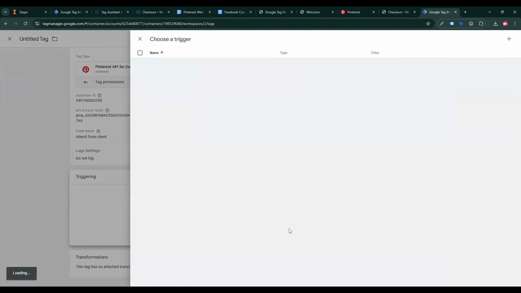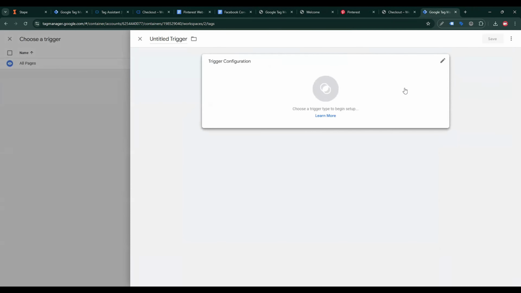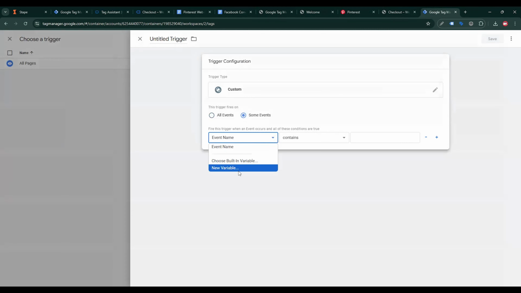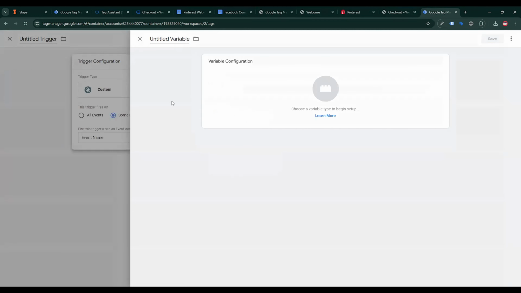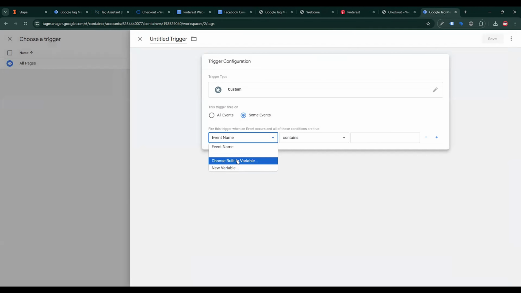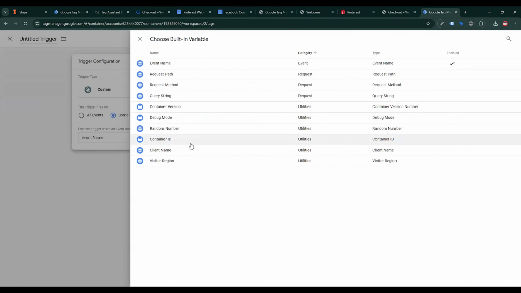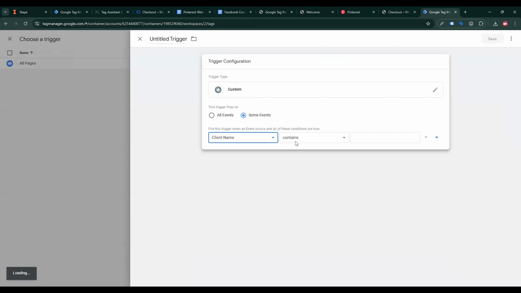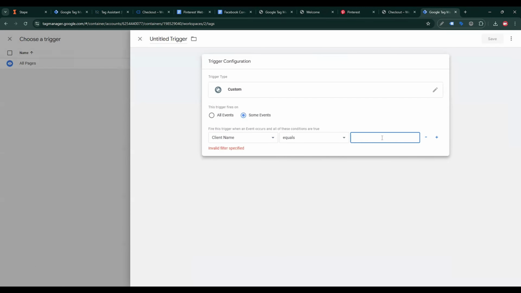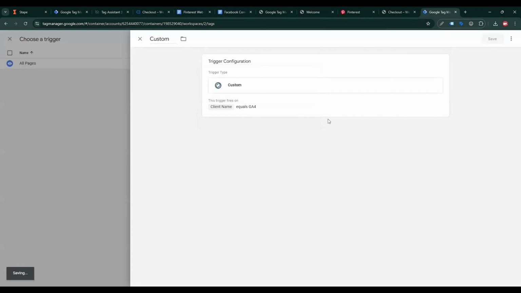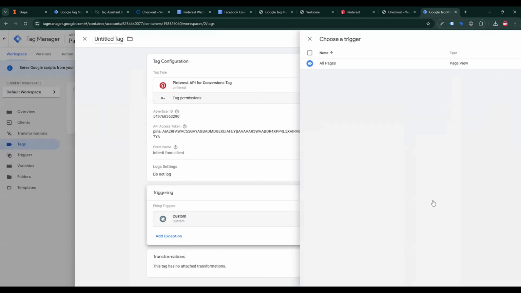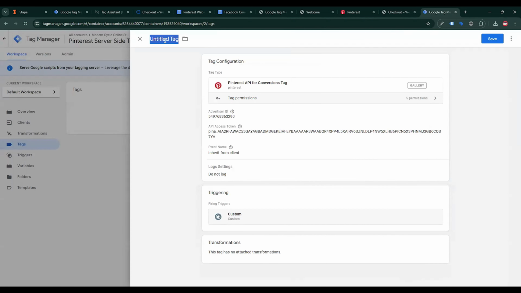Then click on triggering. Then click the plus sign again, then find custom, then I need a trigger. Then click on the built-in variables, then select client name, then select equals, then type GA4, then click save. Our trigger creation is done. Now give a name for the Pinterest tag, Pinterest server side tag, then click on save,